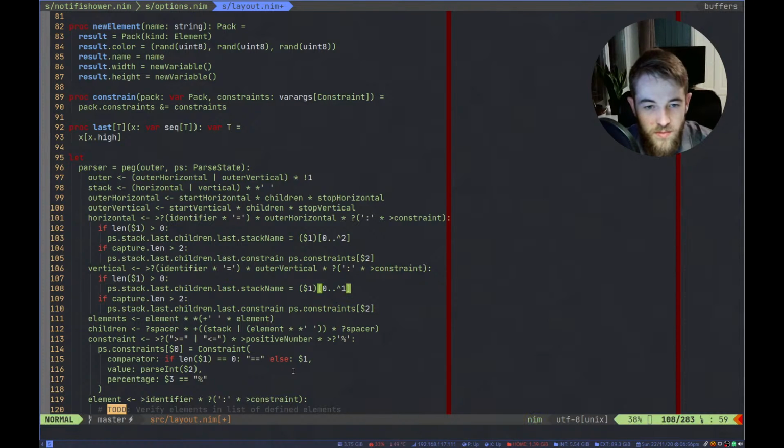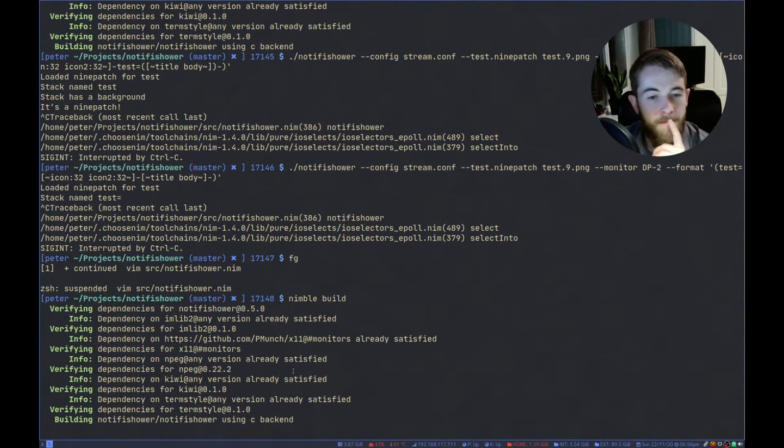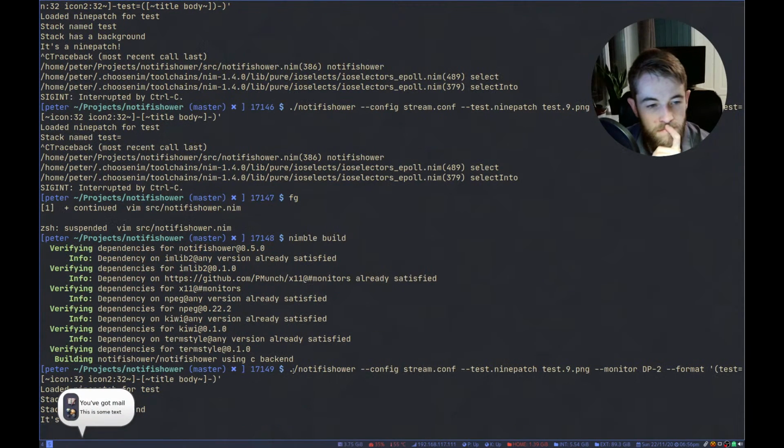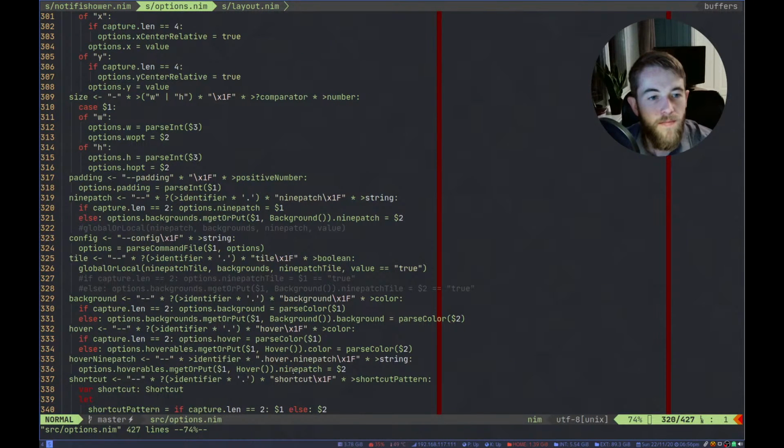There we go. Oops. There we go. There, okay. It seems to draw it outside of all the contents of the stack. That is good, that's what I want. Okay, so now that works.